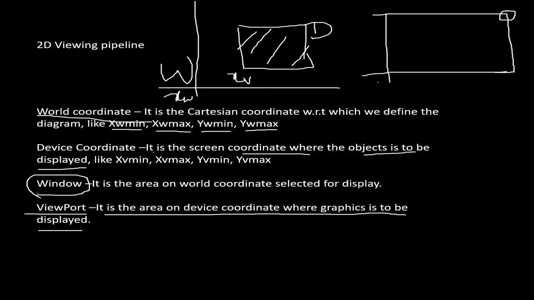Now why is this discussion required? Because as I said, if an object is lying over here, according to this coordinate its point is going to be something, and according to that coordinate this point is going to be something else. So obviously the transformation between the coordinates is required, so that we can anticipate how much transformation is going to be required whenever we are capturing the object using a device.